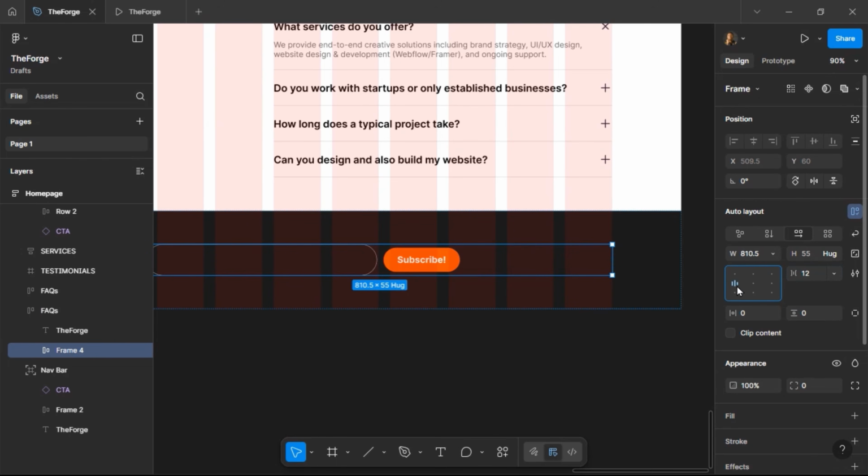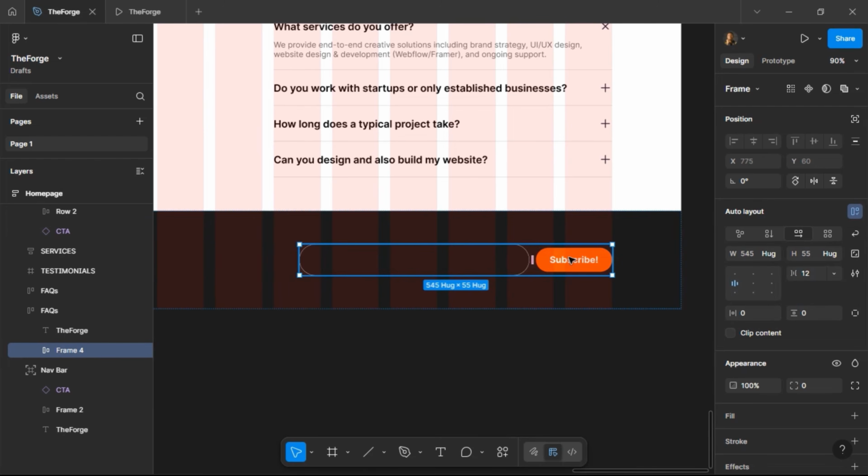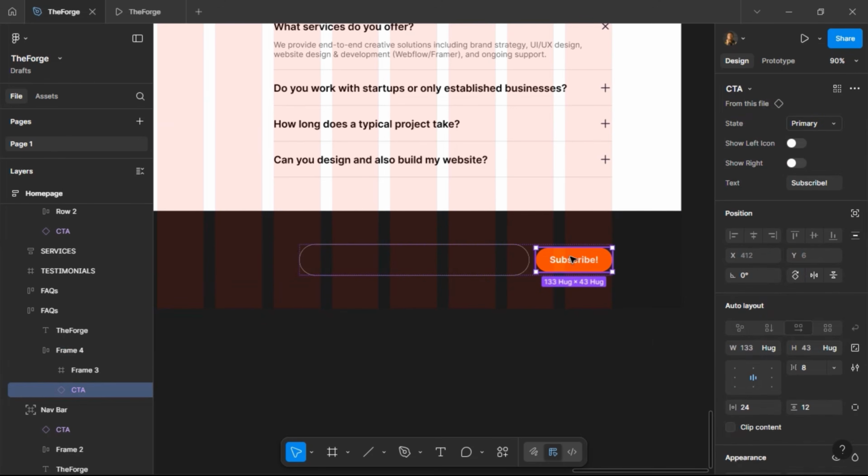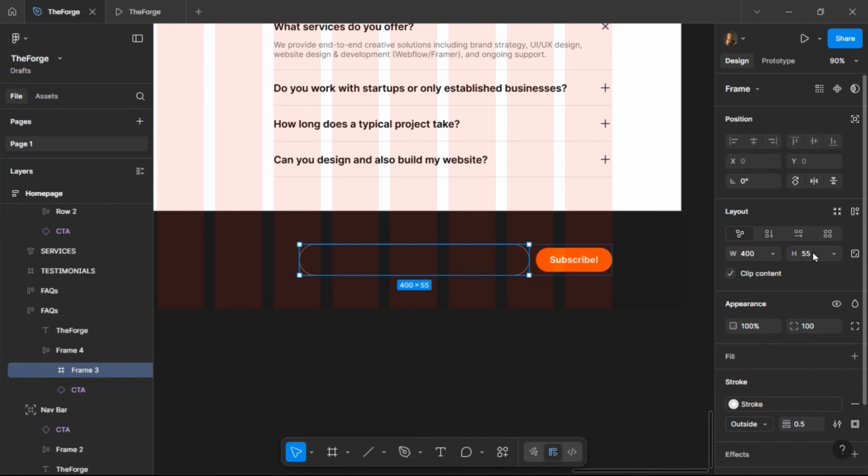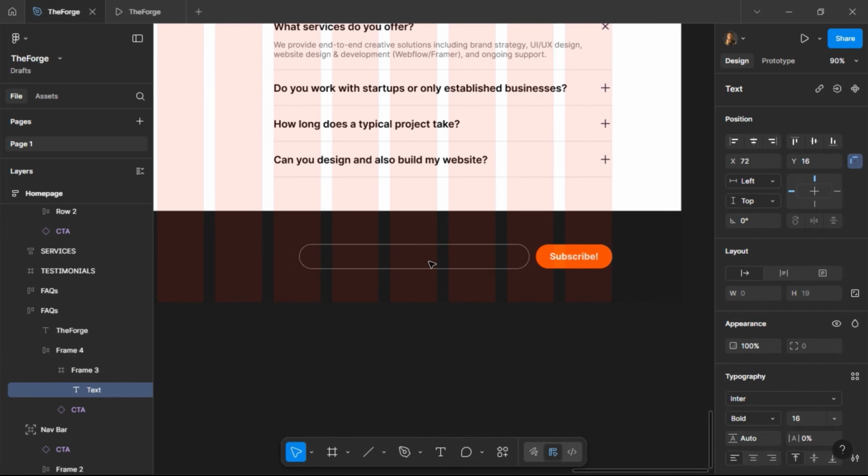So I'm going to just center this properly, and there's a little thing I'm noticing here, so I'm going to change this to hug. Although this is kind of like larger than our button, so we're just going to make this the same size with our button, which is like the height of 43. So it's the same size with our button now. So the next thing we're just going to do is add in a little text inside of it, which is going to be subscribe